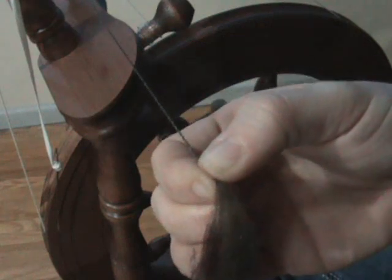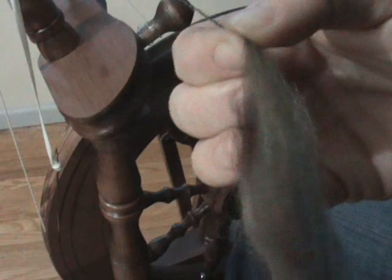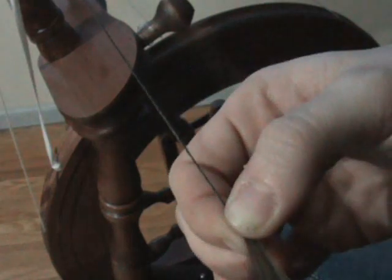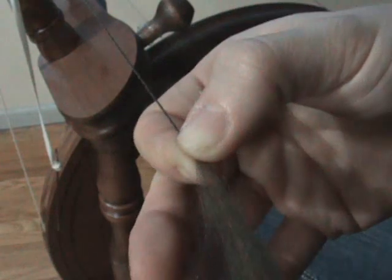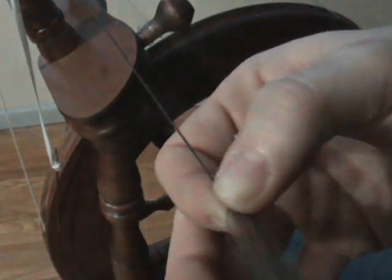This is producing a worsted yarn as opposed to a woolen yarn, which, anyways, I won't get into all that, but there's different methods, and this is basically a forward, what's it called? I don't even remember what it's called really, but basically it's just sort of pulling out the fiber that I want to twist, and then smoothly easing back to let the twist get into that little bit of